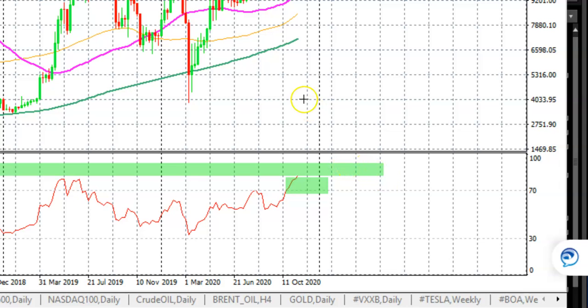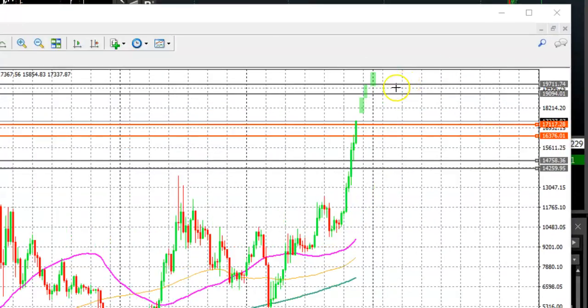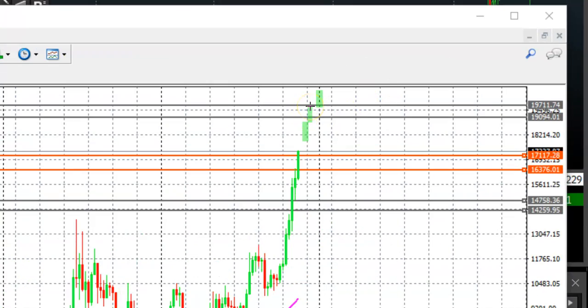But this area right over here is still where there is a possibility that this can really continue its move into here, right over here. And then, as I said, anything above 70 represents your overbought area. So if the price comes into this, and on the other side we have the weekly time frame, which can really take us back into this area of resistance, we can really have a massive sell signal coming in,